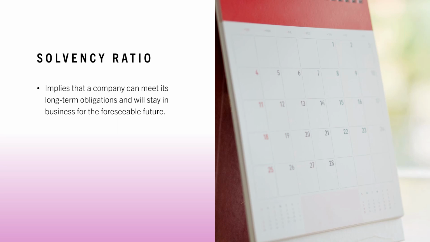Times interest earned ratio measures the company's ability to pay interest expenses on a long-term debt incurred. In the case of Banyan Goods, it can pay off its debt 21.5 times in the current year, showing a great ability to pay off its